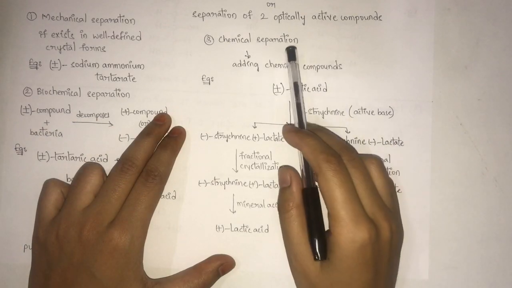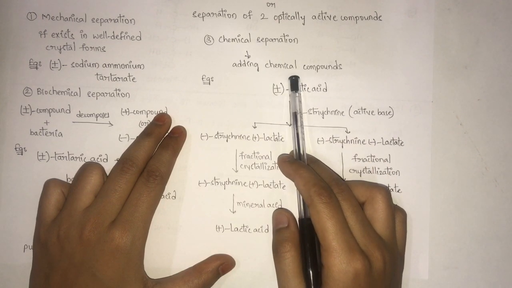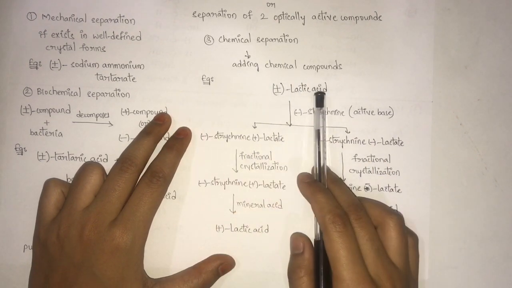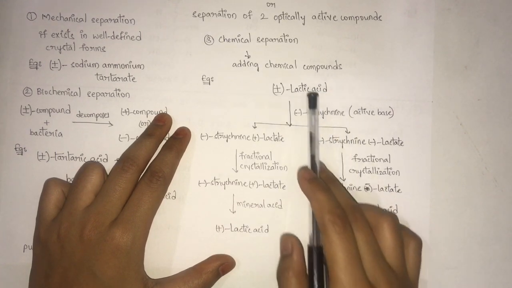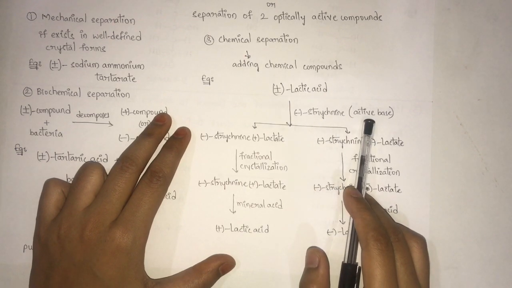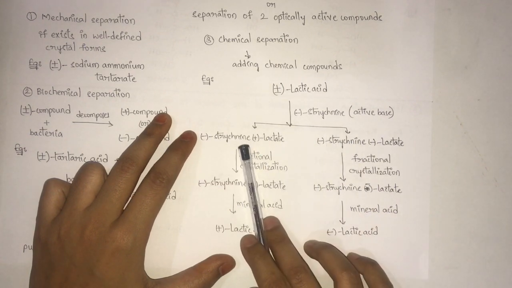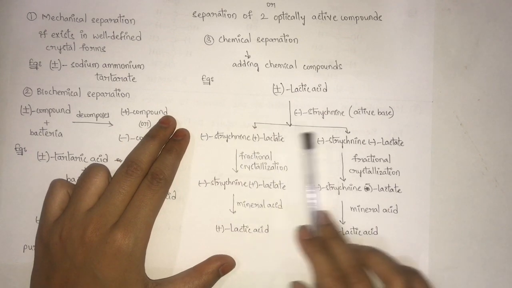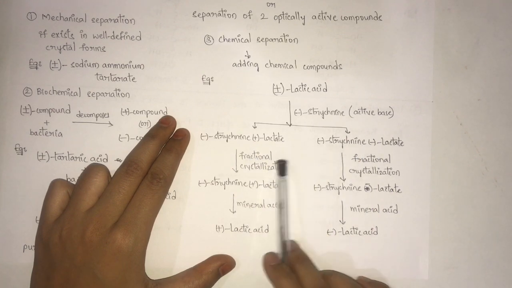Last one, chemical separation, which is most widely used for resolution of racemic mixture. So in this particular separation, we will add chemical compounds. For example, if you want to separate a racemic mixture of lactic acid, then we can treat this racemic mixture with minus strychnine, which is an active base, which results in two types of salts. One is minus strychnine plus lactate, another one minus strychnine minus lactate. On fractional distillation, both are separated,